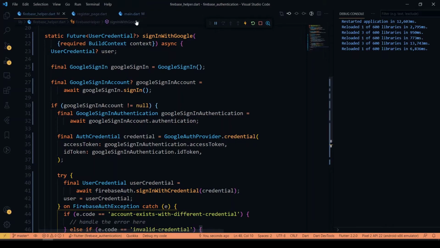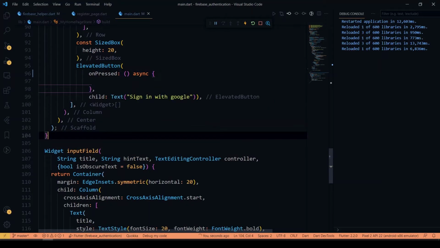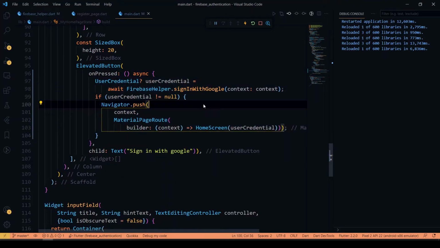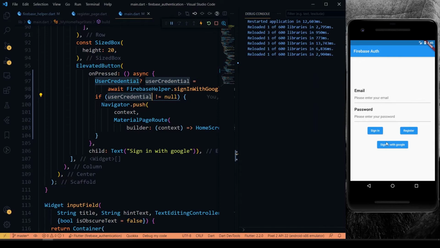We'll just call it in our main. Inside our on first sign in with Google method, we'll call our sign in with Google method. And if the user credential is not equal to null, I will push the user to our home screen with our user credential. So we'll run it now. There's a button called sign in with Google.